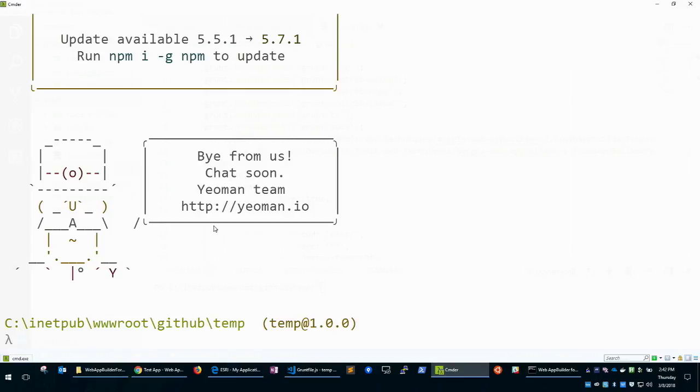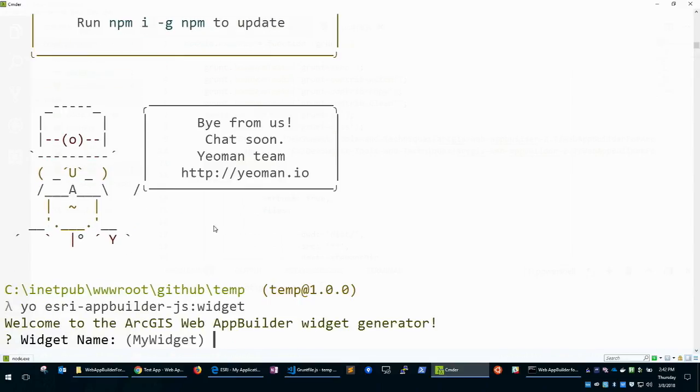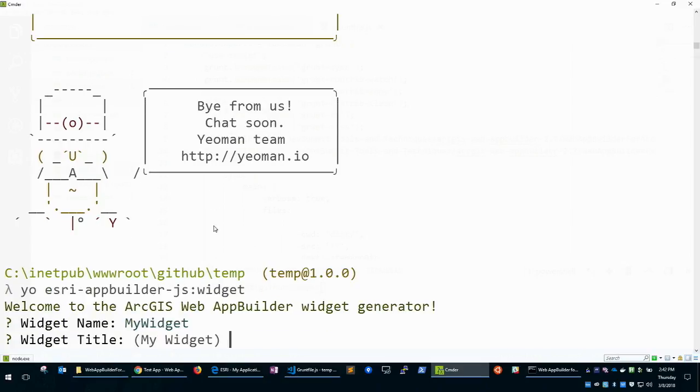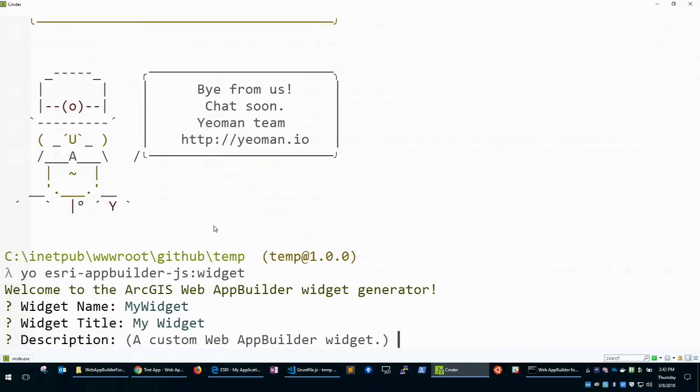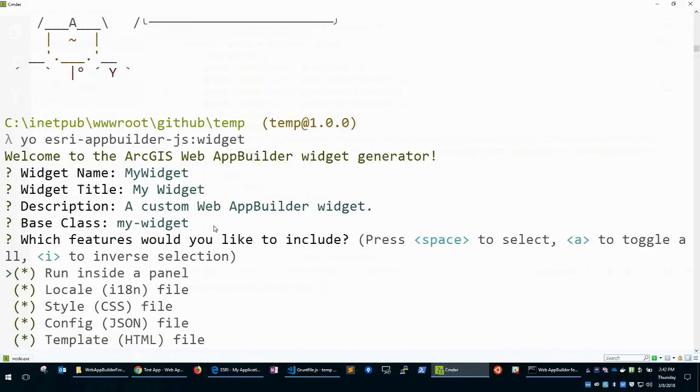So now that's all the infrastructure. So now I would create a widget, right? So to do that, you do yo, and then you actually have to use the project name Esri AppBuilder JS, and then you could do :widget because we're running the widget subgenerator. Now this is going to ask me questions specifically about the custom widget that I want to build. So maybe you put a name, my widget, you can put in a description, the base class, and then it's